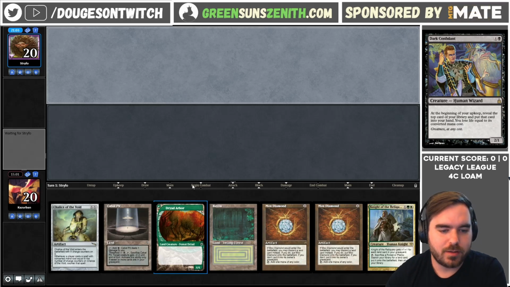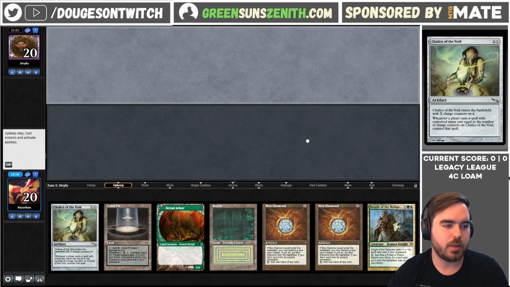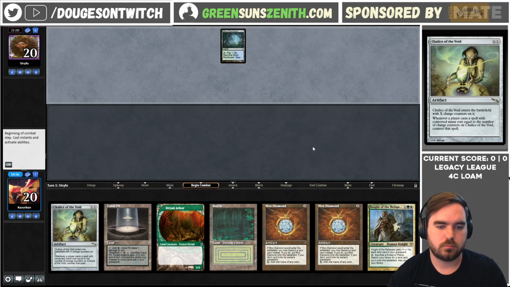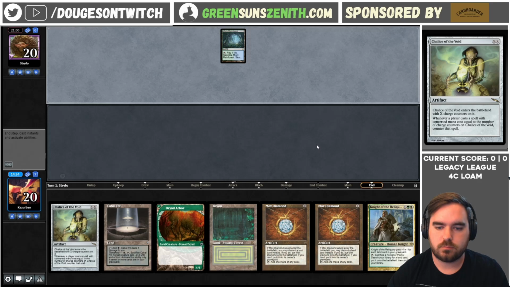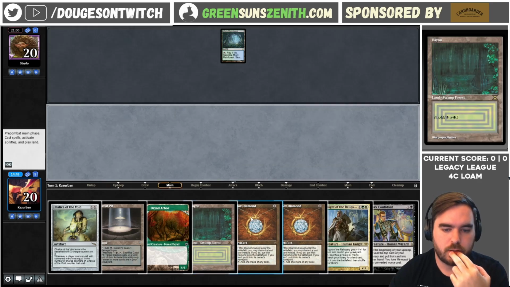This is a pretty good hand. I'm going to keep this. It's a turn 1 Knight or it's a turn 1 Chalice. I'm pretty keen to keep either way. See if my opponent has Thoughtseize. Interesting. Bob as well. Okay. I'm going to go for...